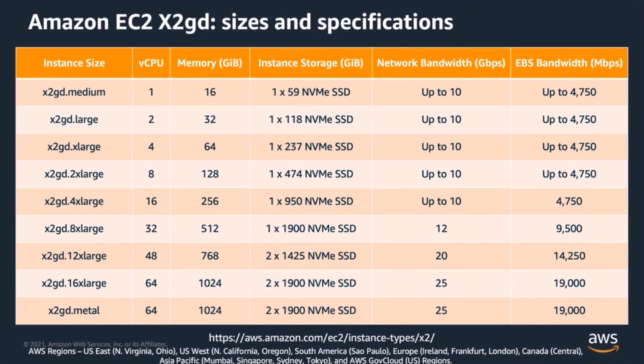And so looking at the X2GD in detail, you can see that this instance type provides a 1:16 ratio of CPU to memory, includes the local NVMe SSD instance storage up to two 1.9 terabyte SSDs, and is network and EBS bandwidth optimized. The largest size here will get you 64 cores of Graviton CPU and over a terabyte of